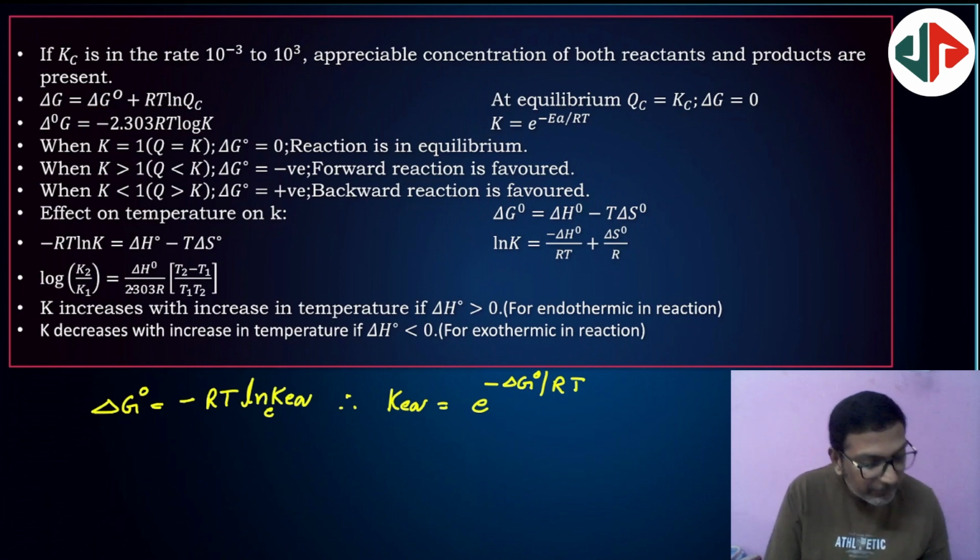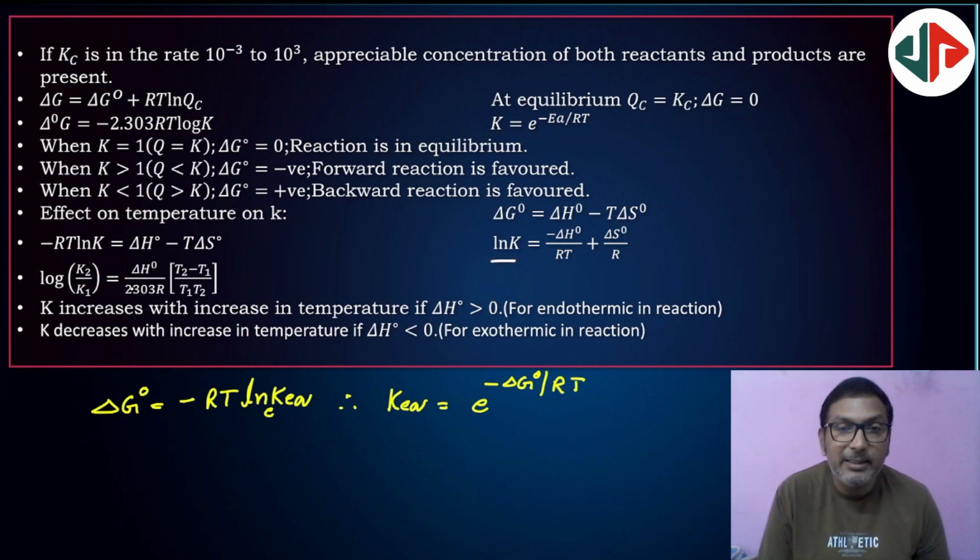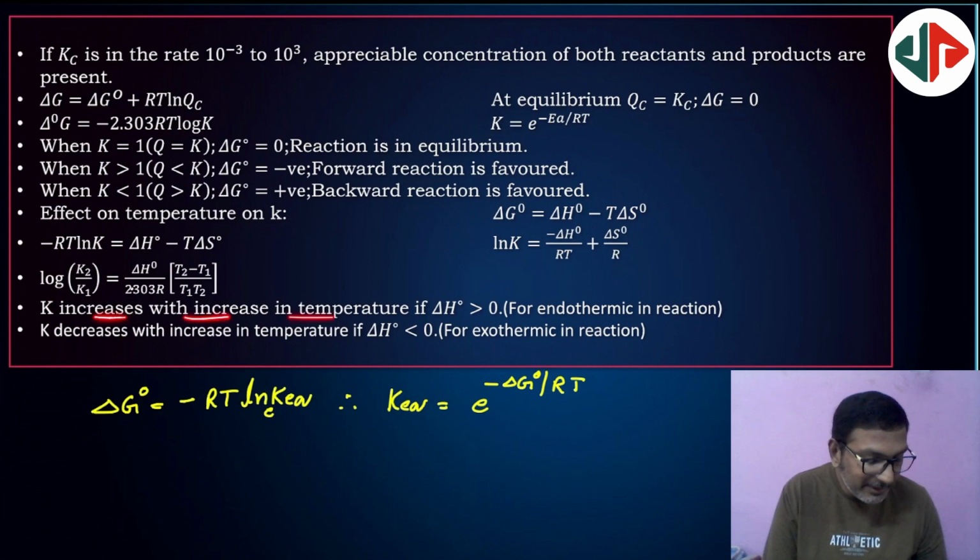2.303 or into 1 by T1 minus 1 by T2 or T2 minus T1 by T1 into T2. Next, relation between equilibrium constant, delta H naught, standard enthalpy and standard entropy. This will be the relation. Very, very important. Next, as the K increases, that means K increases with increase of temperature in case of endothermic